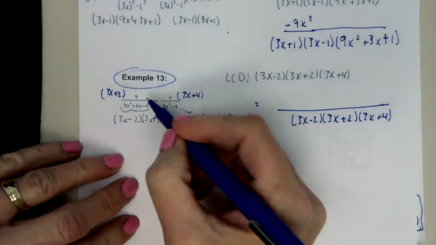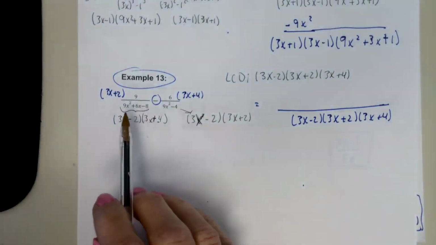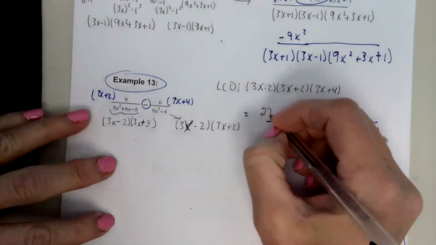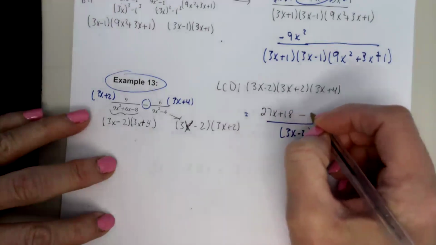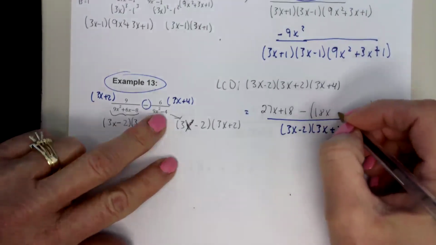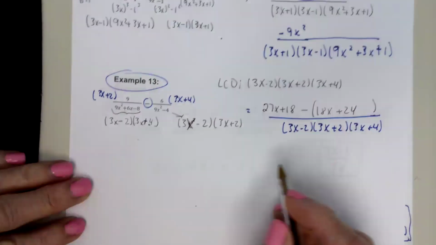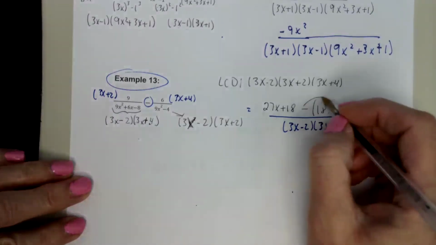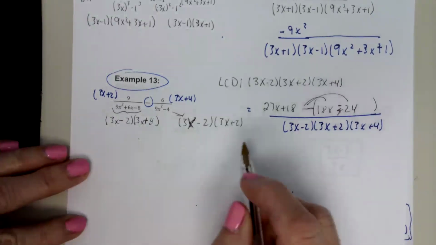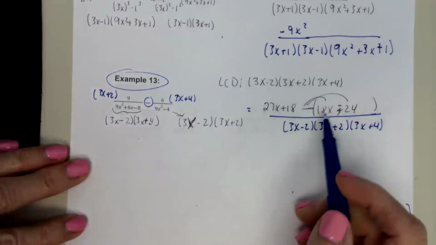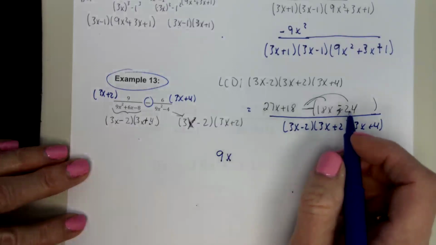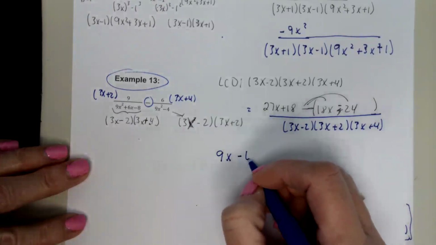And let's not forget that this is a subtraction. So let's just distribute for now in our next step here. 9 times 3x is 27x plus 18, subtracting. I'm going to put this all in one big parenthesis. 6 times 3 is 18x and plus 24. So let's distribute through the negative here. It'll be a negative 18x and a negative 24. So when we combine like terms, we have 27x minus 18x is a 9x, plus 18 minus 24 is a minus 6, over